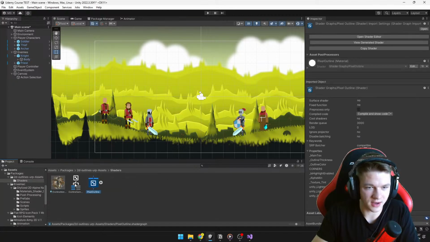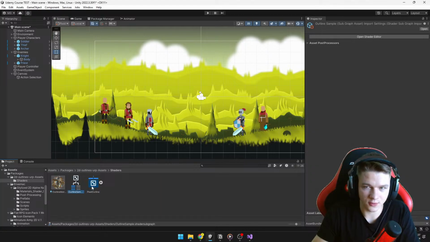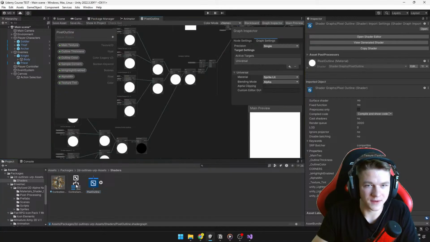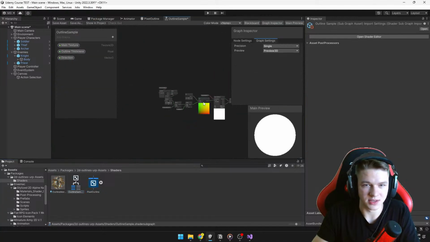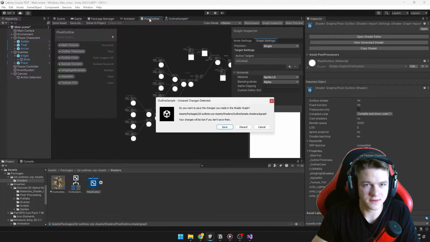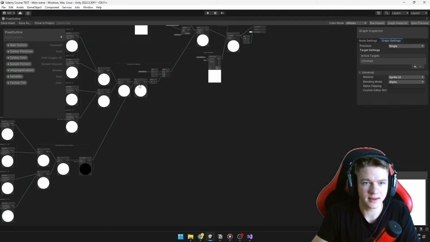This is a shader graph. Even though I haven't been using it much, it's quite intuitive and simple to use. It should be this one, no, this one. Yes, we have a shader like this for highlighting,